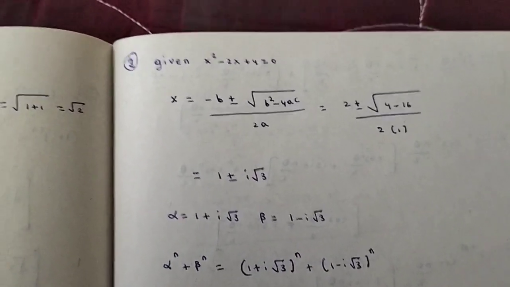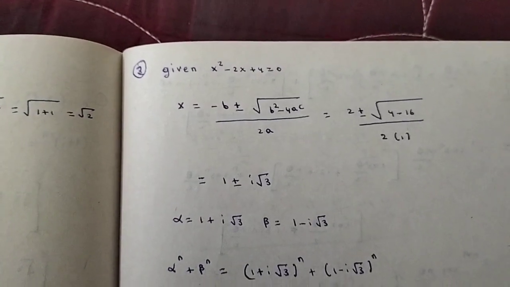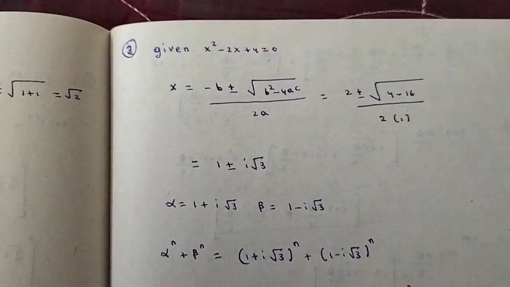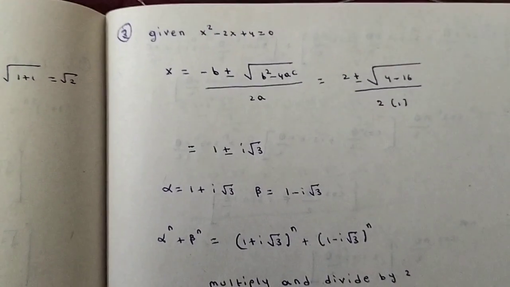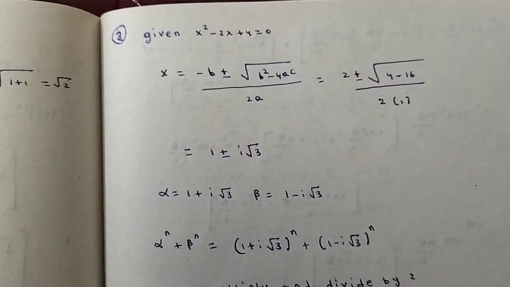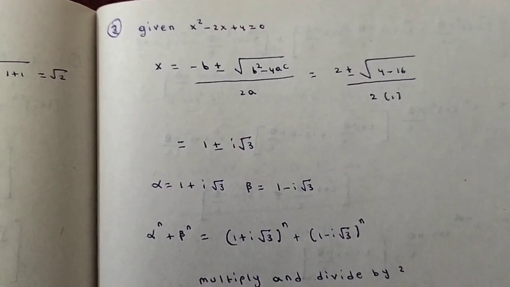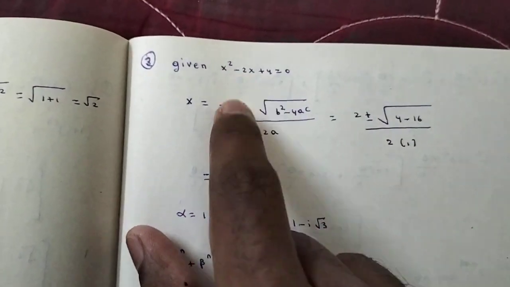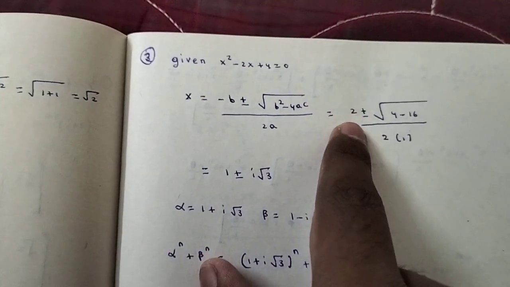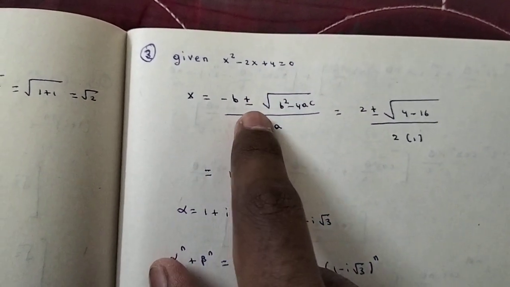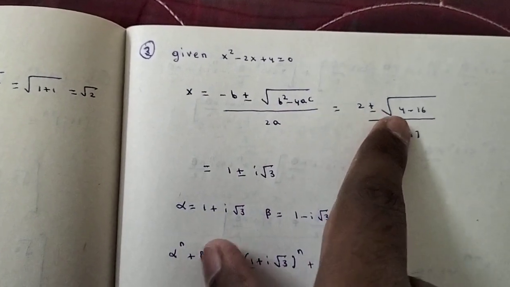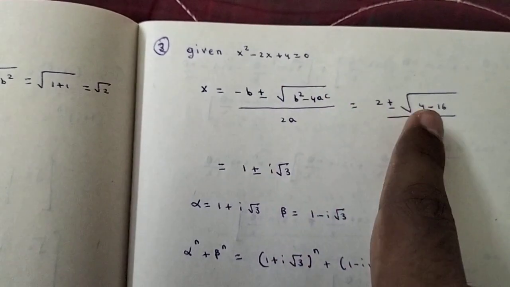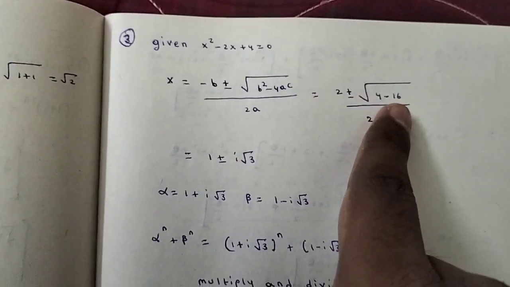So in this equation we will not get roots directly, so we have to use this formula which we used in our 10th class: x equals minus b plus or minus square root of b square minus 4ac, by 2a. Now here, what is minus b? Minus 2 is b, so minus of minus 2 is simply 2. And 2 plus or minus, b square, 2 square means 4, 4 into a means 1, c means 4, so 4 into 4, 16 you will get,